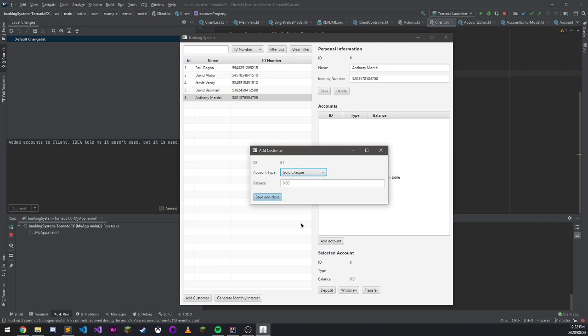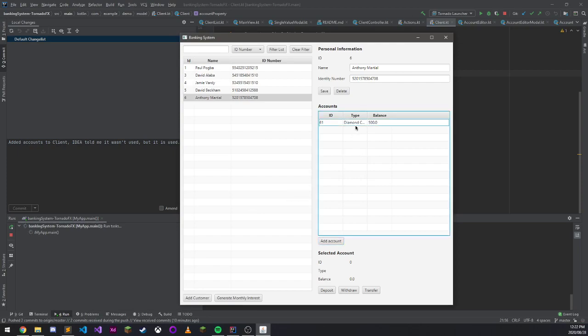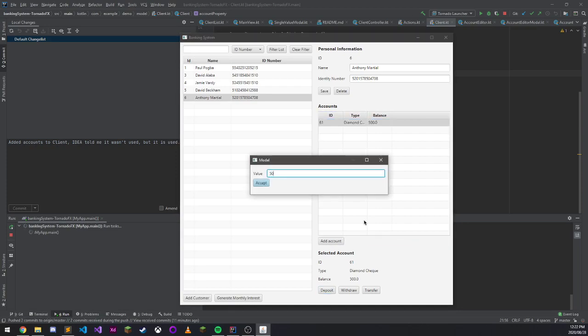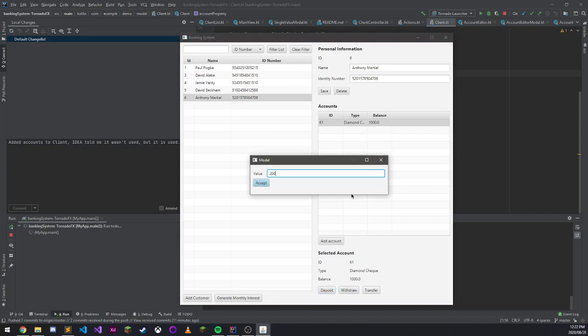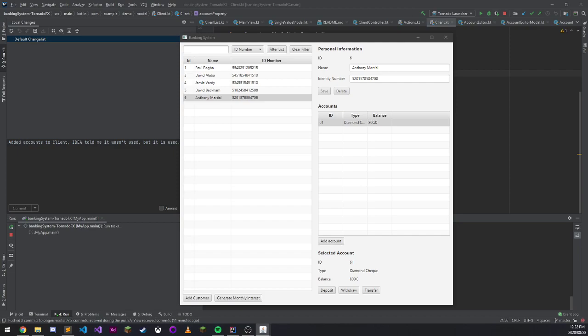I can go ahead and add one for Anthony Martial. So I'll add a diamond check with 500 in it. With this account, I have functionality down here. I can deposit. So let me deposit another 500, and you'll see an alert comes up on the other window. Successfully deposited 500 Rand, and if I want to withdraw 200, I can accept that, and it successfully withdraws 200